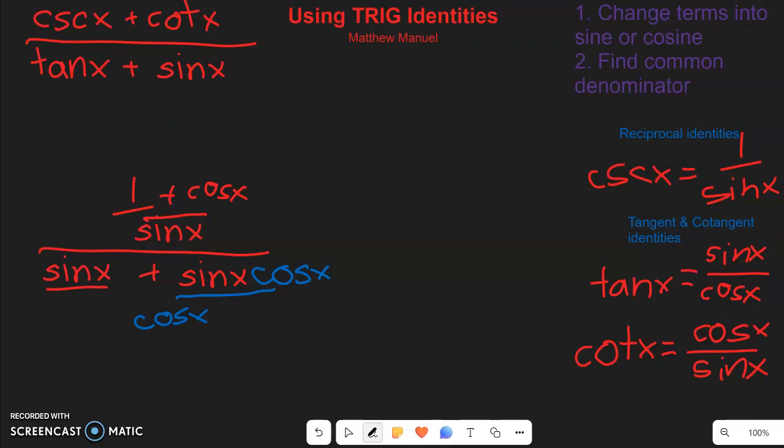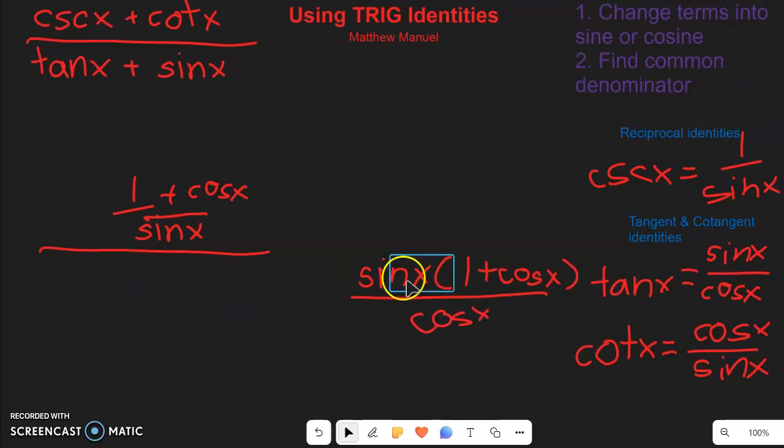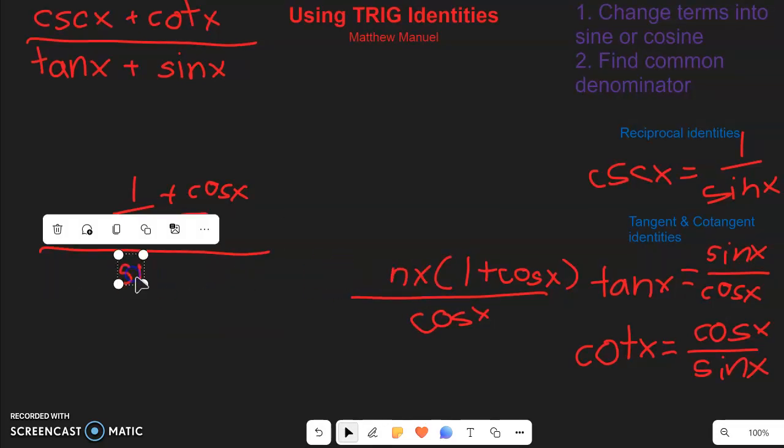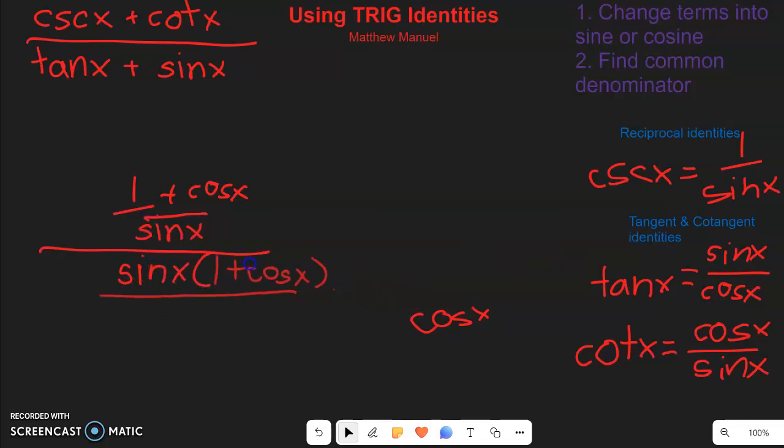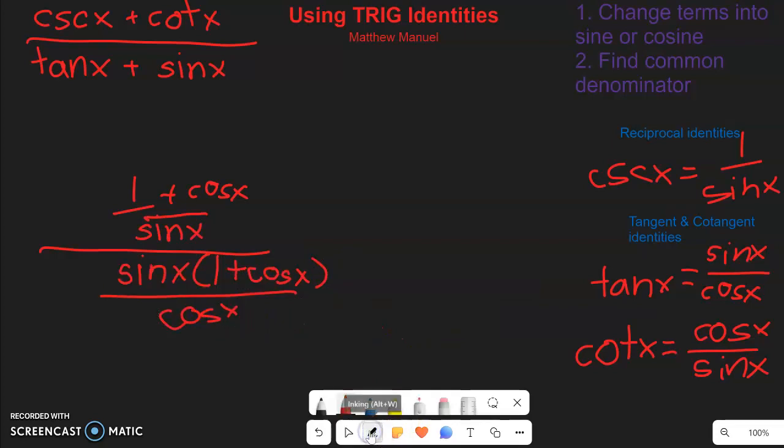Then from there, you could just factor by sine of x to get sine of x times 1 plus cosine of x over cosine. From there, you could just cancel out. So we could cancel out 1 plus cosine, and we are left with